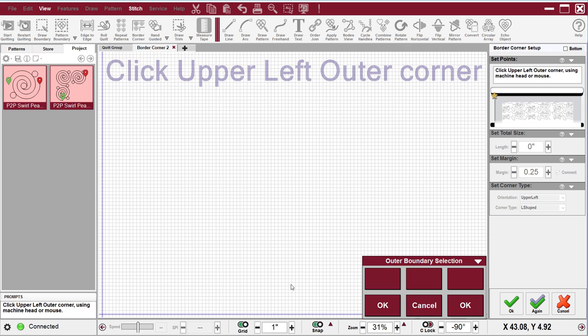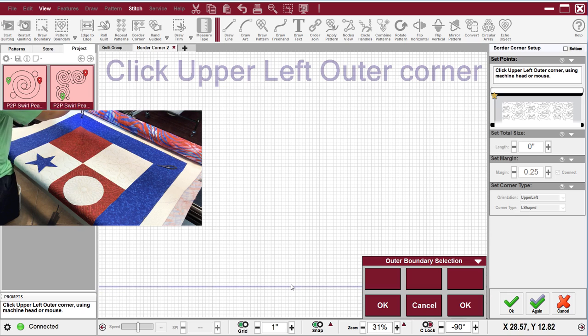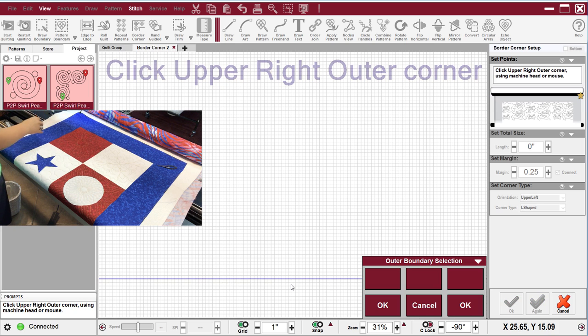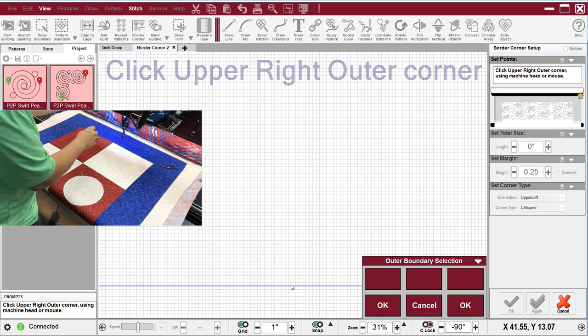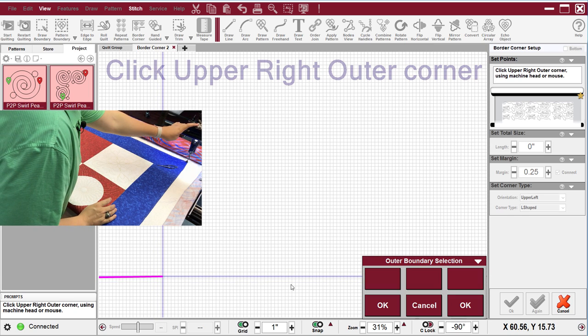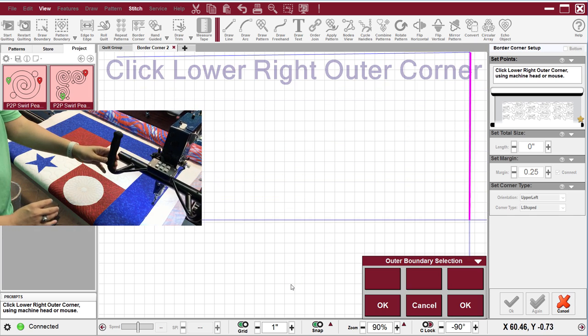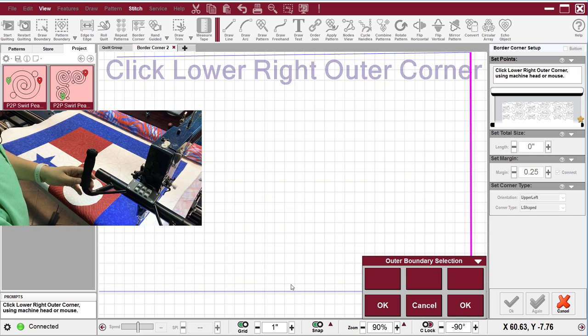So what we're going to do is we're going to take the head of the machine to the upper left outer corner, okay? And I'm going to do that 1/4 inch in. So I will click my point there, I'll click OK. I'll take the machine to the upper right outer corner, and click OK. I'm coming to the lower right outer corner, and the lower right is just what you can